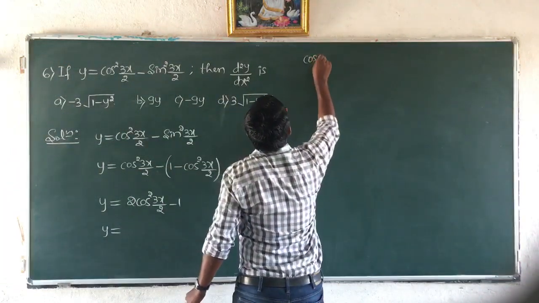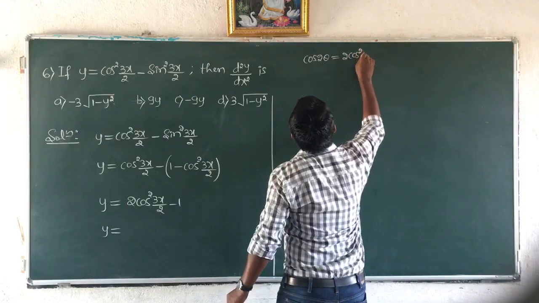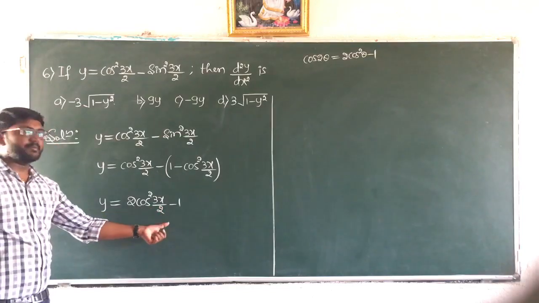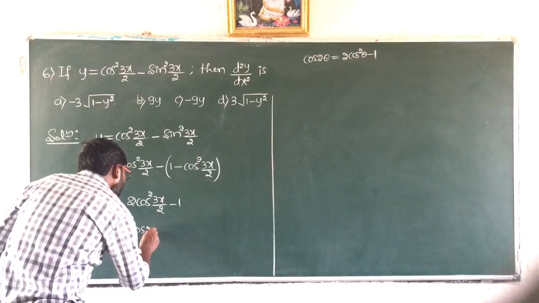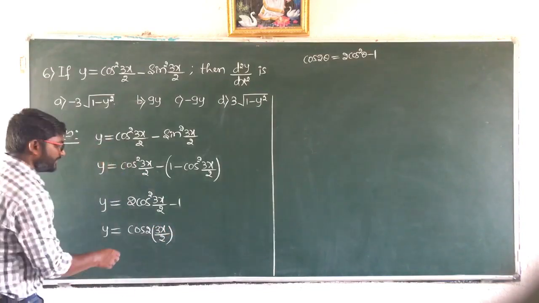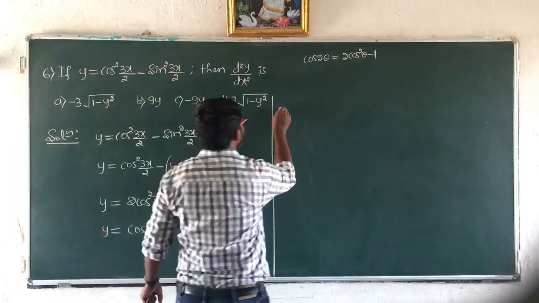So cos 2 theta, which is equal to 2 cos square theta minus 1. So now we have 2 cos square 3x by 2 minus 1. This can be written as cos 2 into 3x by 2. So now 2 and 2 get cancelled. We get y, which is equal to